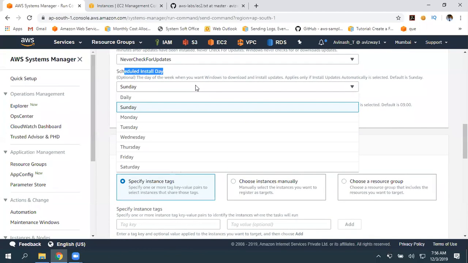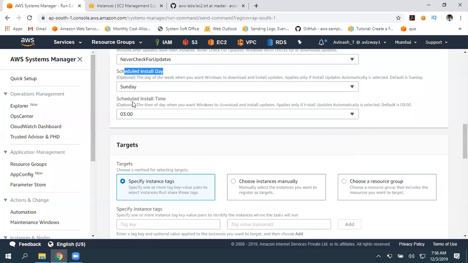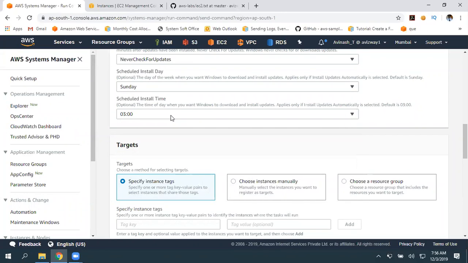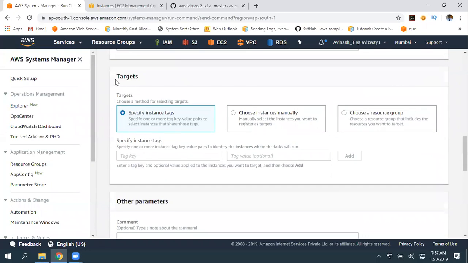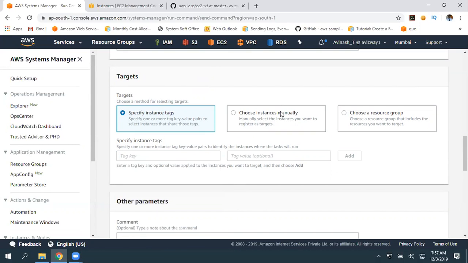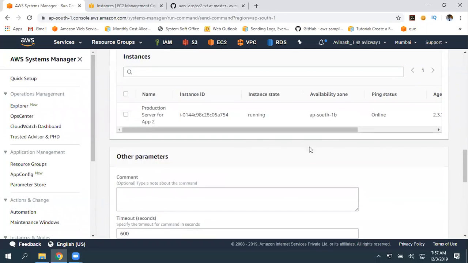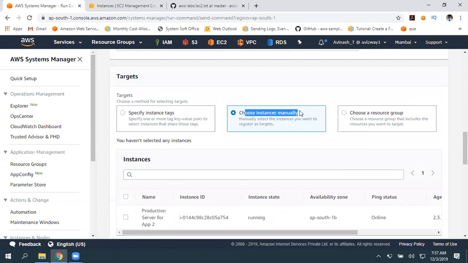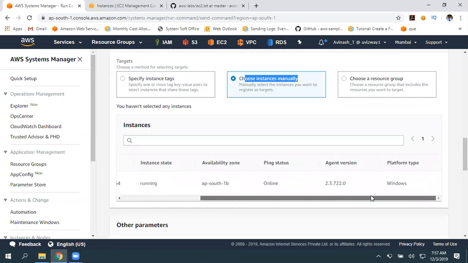Daily, or let's take Sunday, and schedule install time is 3 AM. Again, what are your targets? You want to specify instances by using tags or choose instances manually? See, I have two instances, right? But when I selected choose instances manually, it is showing only one.